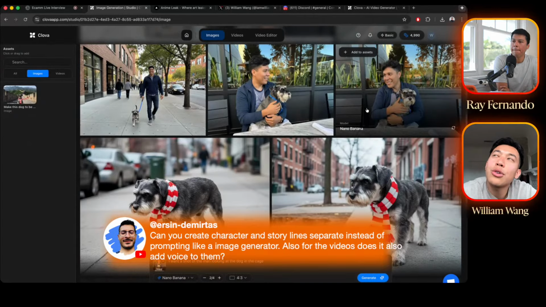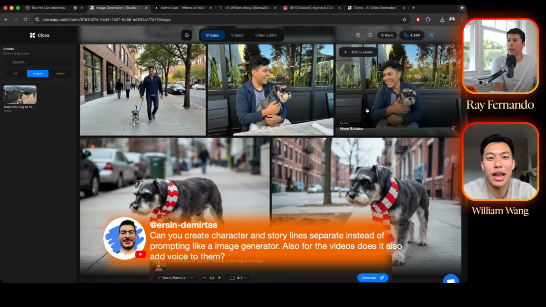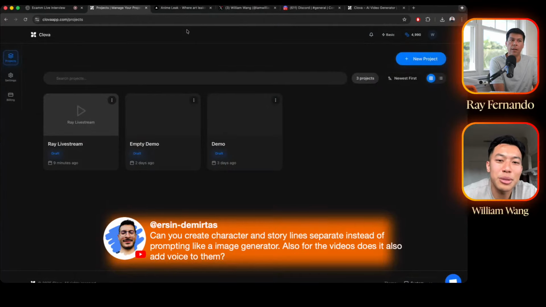Yeah, yeah. So actually, what I have been doing, which we plan on adding in here eventually, is two things. The first one is that you can chat with ChatGPT or whatever model you want in here, and then it can help you craft your story with you, right? And then it will create the scenes with the best prompts. And the second one is a prompt enhancer, because a lot of times it is hard to write prompts, right? So it can help you enhance it once you know what type of style you want. But also, yes, it actually does support audio already, so I'll come to this project right here